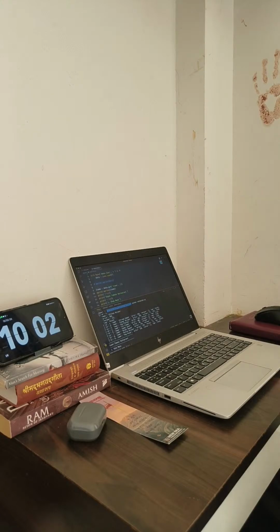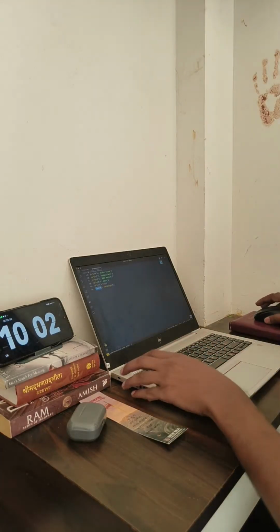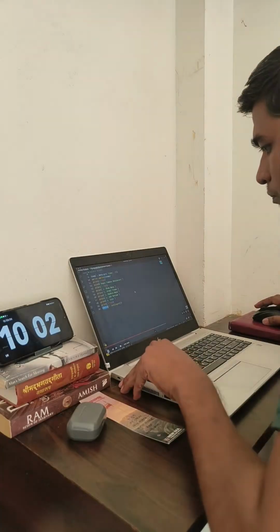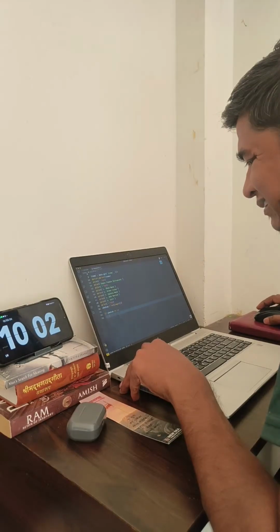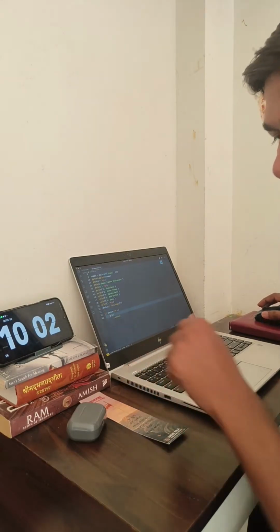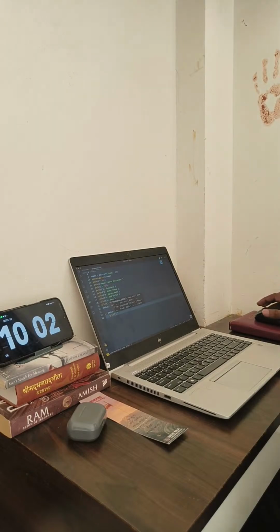First thing, we need to define a variable called choice, and I will take the input from the user here. After getting the choice from the user, if the choice is equal to 1, then what we will have to show? We will have to show the menu, right? So show the menu,